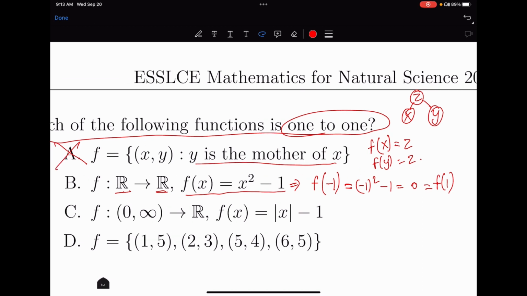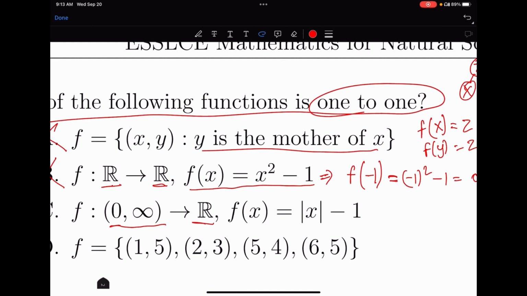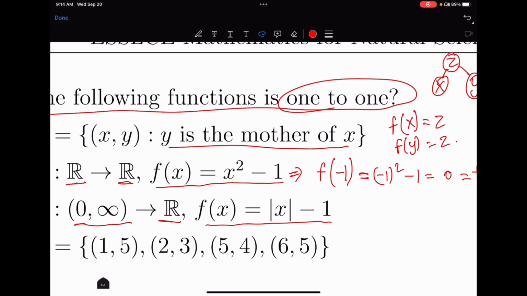Therefore, this is also not an answer. Looking at C, the domain is from 0 to infinity, which means the positive real numbers, to the set of real numbers, and f of x equals the absolute value of x minus 1. This is not injective because if I